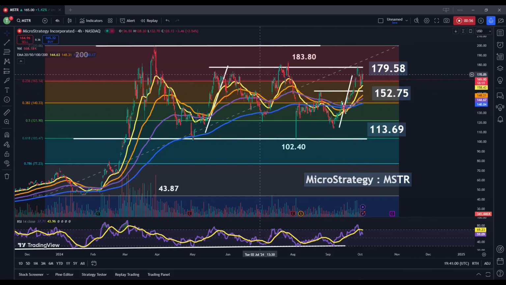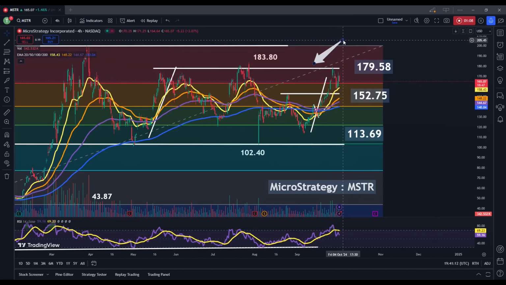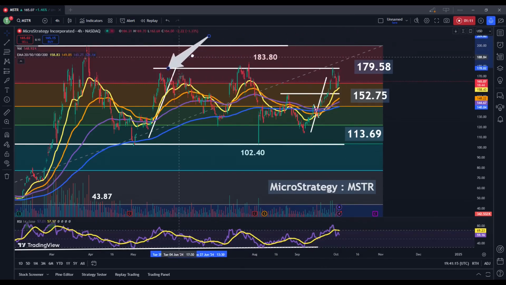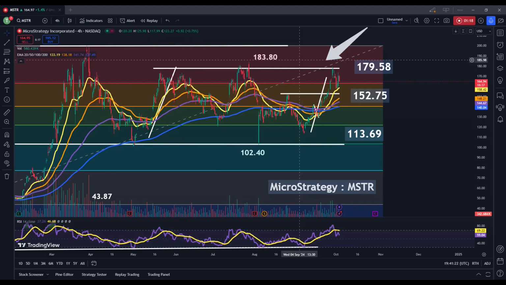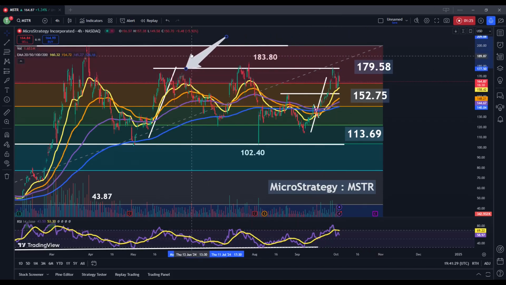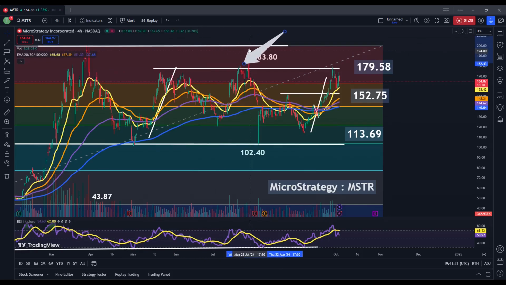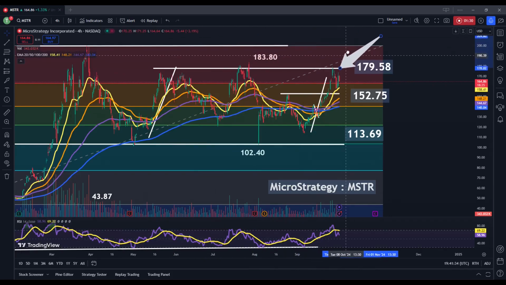What we're going to be looking at here specifically is the formation of what would be considered a triple top resistance pattern that is starting to develop on these middle to longer term timeframes. If we zoom in a bit here, we can see that this is a level that has been tested on roughly 3 separate occasions. You can roughly refer to this as right around $180. This is not an exact price level because we have seen some differences in these ultimate highs that have been posted. But for the most part, we do really need to see